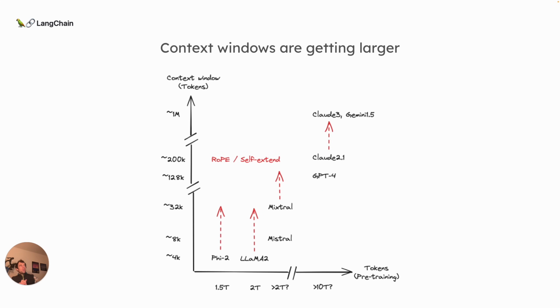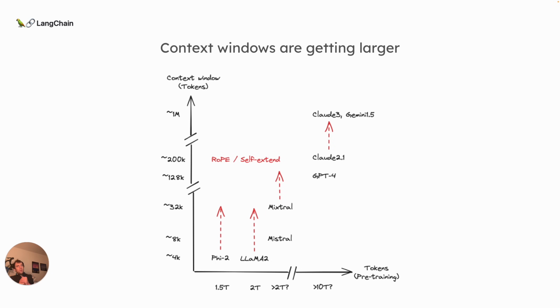So we all recognize that context windows are getting larger for LLMs. On the x-axis, you can see the tokens used in pre-training. That's of course getting larger as well. Proprietary models are somewhere over the 2 trillion token regime. We don't quite know where they sit. And we go all the way down to smaller models like 5.2 trained on far fewer tokens.